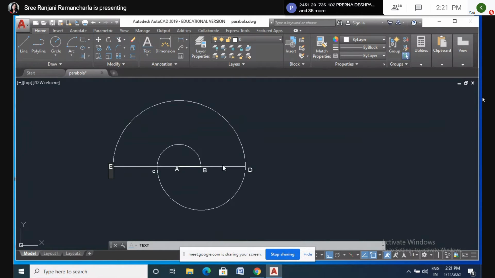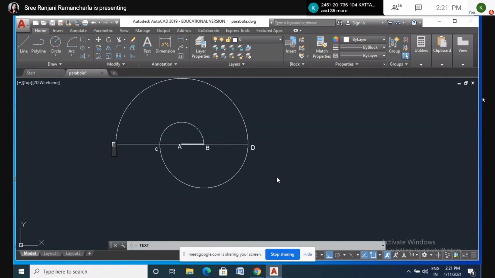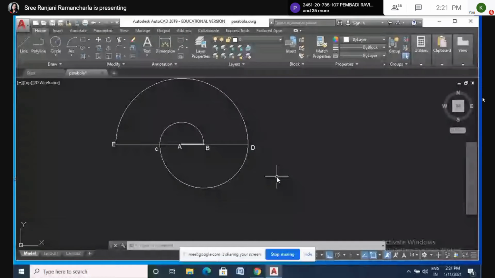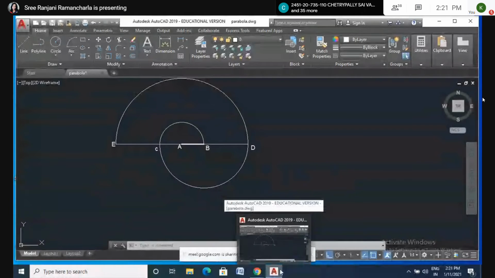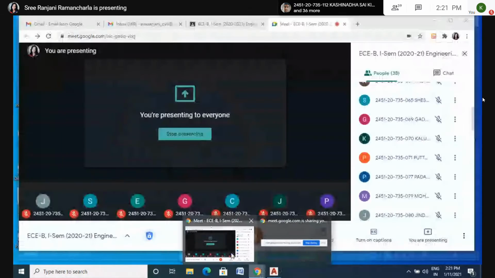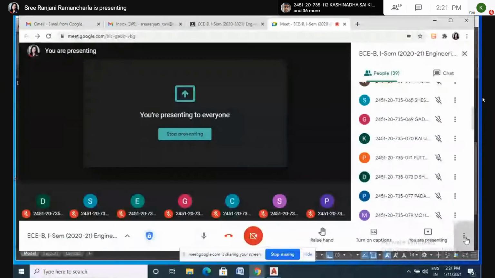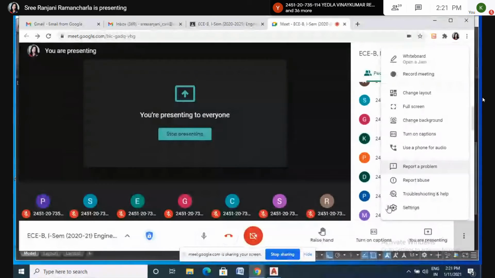So again, which one do I have to take as the center for another half revolution? You have to respond, please. Any one of you. Now, what should be the center? Yes, please. What should be the center now? E. C. Just wait.